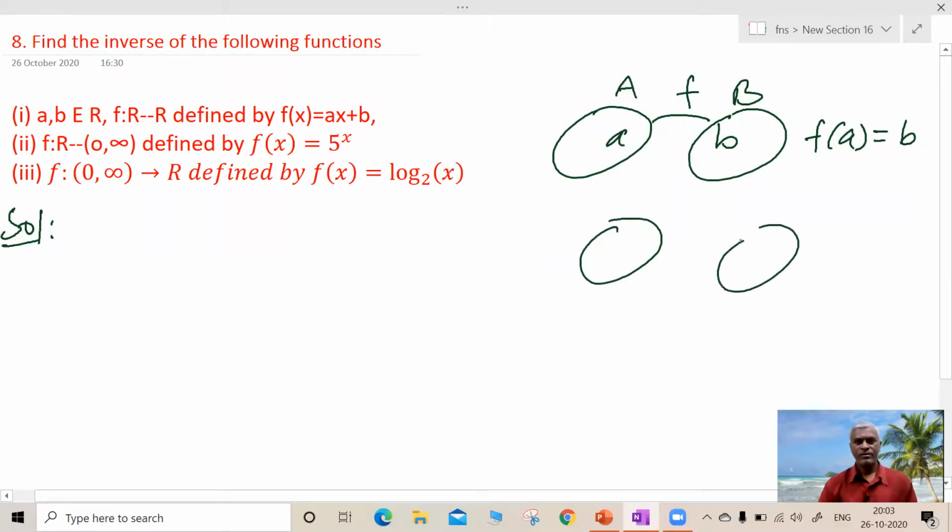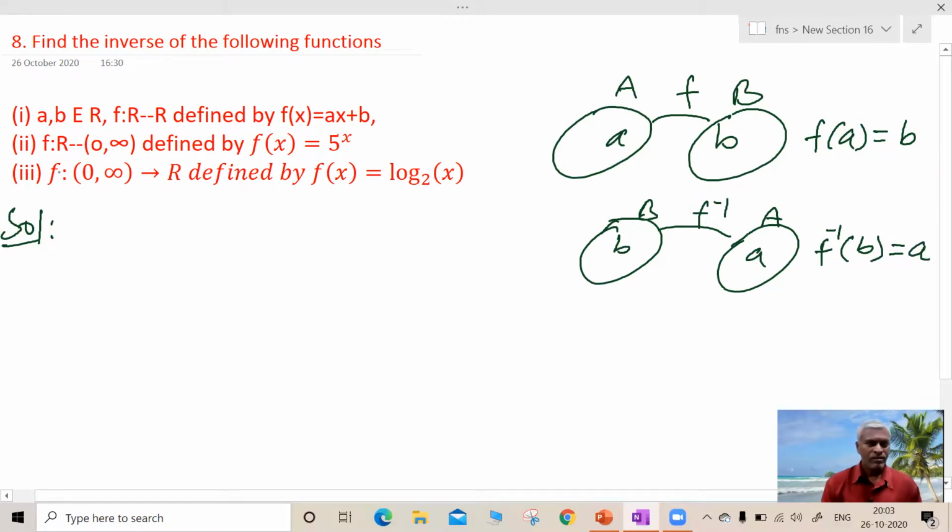Then f inverse is from B to A, that is, f inverse of b is equal to a. So here f is a function from R to positive numbers, and f of x is equal to...